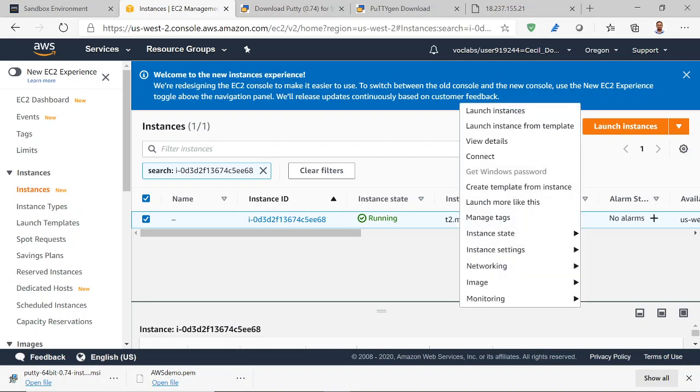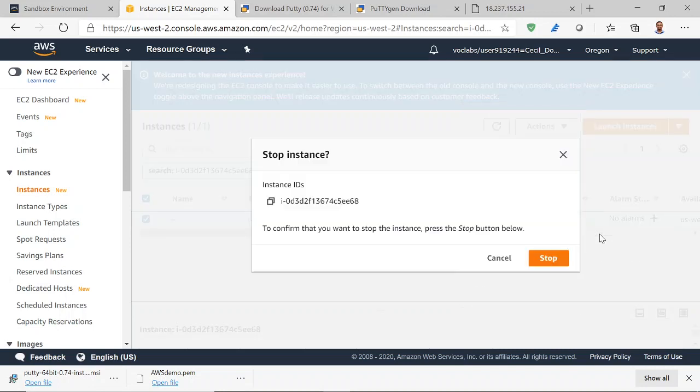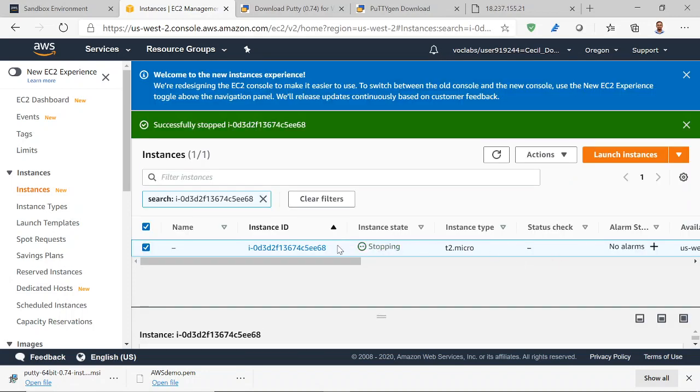So what I'm doing, I'm just clicking on the instance, selecting instance state, and you can select stop instance. It will ask you for confirmation, and select stop.